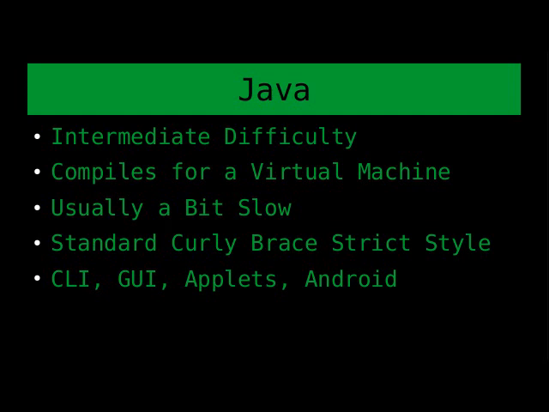But it is a strict style. It's definitely a strict style. It uses the standard curly brace format. So once you learn the standard curly brace format, it has a lot of stuff that's very similar across most of the languages that use that. In this case, it does force variable declaration, but it has decent garbage collection. So it will take care of your garbage for you. Your variables that you don't clean up, it will clean up for you. As you use memory, it will automatically recover it. That's what garbage collection is.